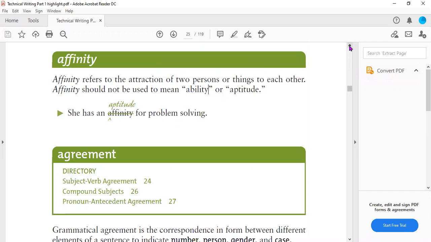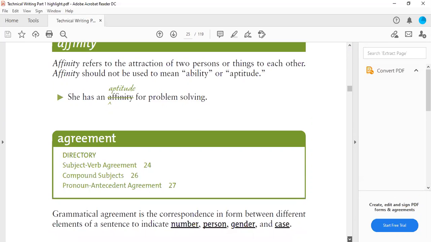Affinity should not be used to mean ability or aptitude. So when we say she has an affinity for problem solving, this is wrong. You have to say she has an aptitude for problem solving. So please just go to the dictionary and check the meaning of affinity and aptitude, so it will be very